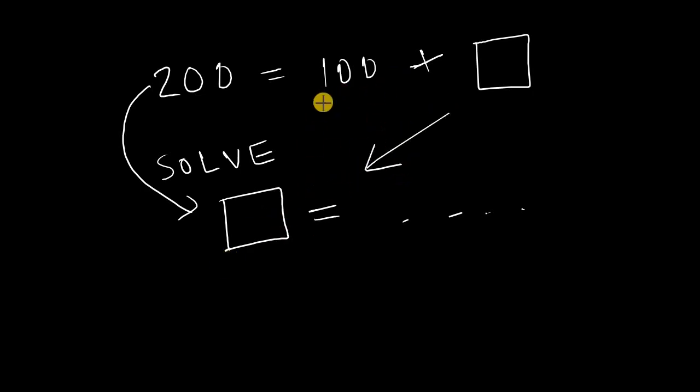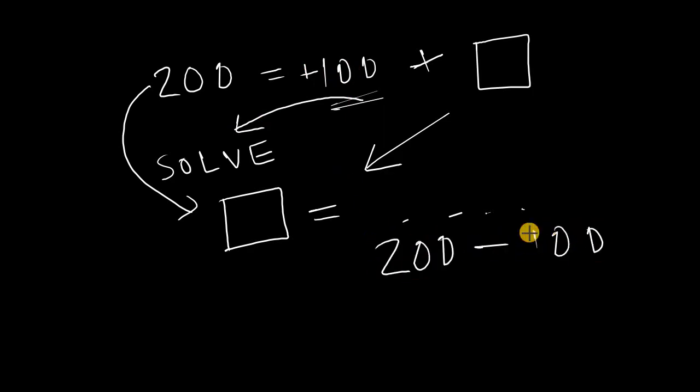You see, there is no 100 over here on this side, so I have to send this number 100 to this side, and as there is a plus sign in front of 100, if it goes to this side, it will become minus 100. So it will be 200 minus 100, and if you do the maths, you will see that it is just 100. So our box is 100. So this is a very basic addition problem using this basic idea of changing signs